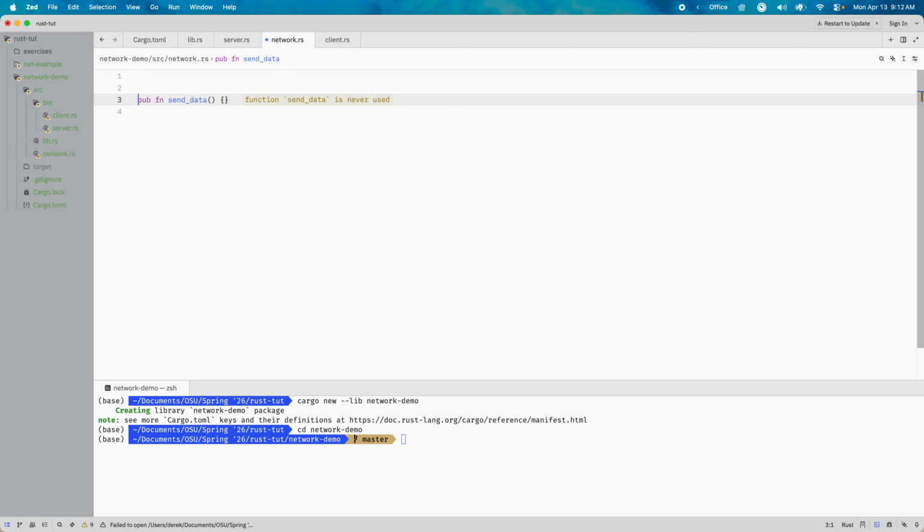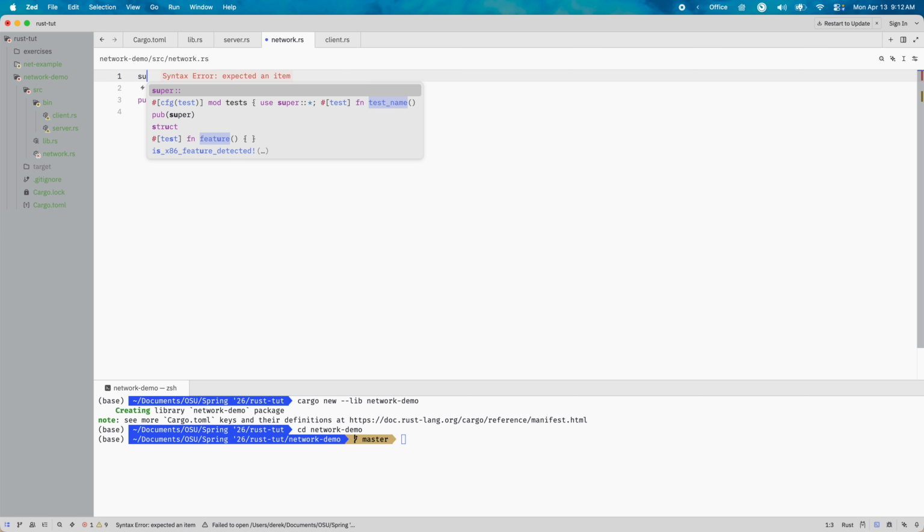So to access the parent of the network module, which in this case would be the library crate root, the parent, and same idea. If we had that foo example, if we wanted to access the network module, we would use super, and that's just going up to the parent, super, and we want message,